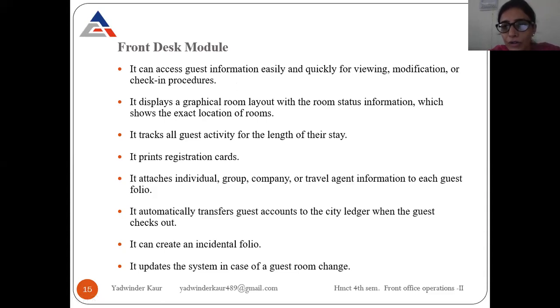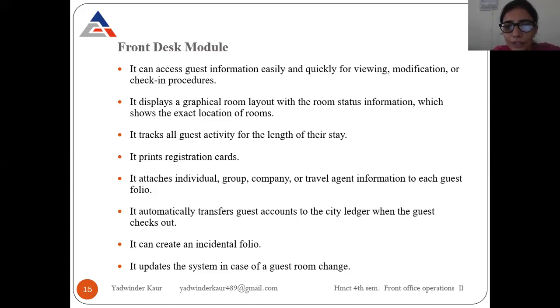We can view, make any modification or amendments, or do check-in procedures in the front desk module, right? It displays a graphical room layout with room status information, which shows the exact location of rooms.